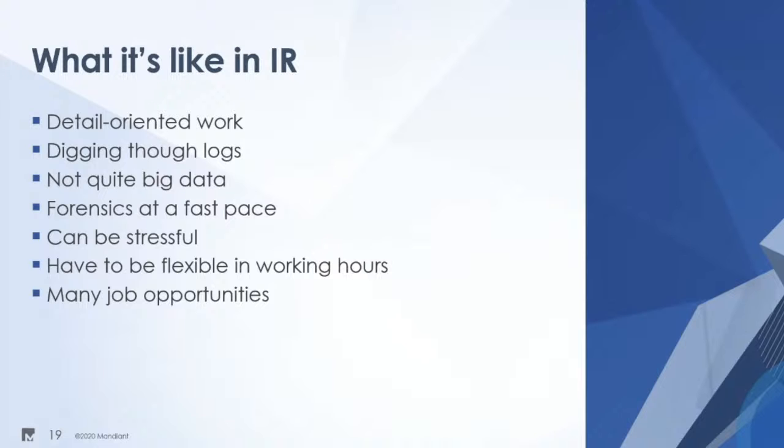So one of the big goals of this is we wanted to convey what it's actually like working in these jobs. A lot of people in school want to get into pen testing, into red team. That's the sexy thing coming out of this security program. Incident response is another area that I think a lot of people would like to get into, maybe don't know how to get there, right? So I want to give you an idea of what it's actually like so you can make that decision for yourself. A lot of it is very, very detail-oriented work.